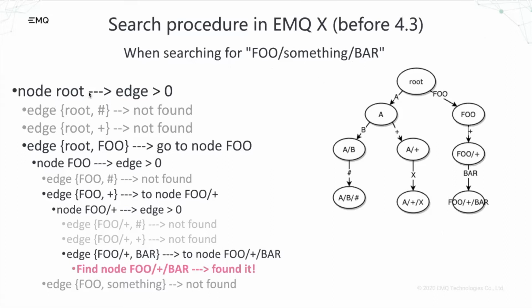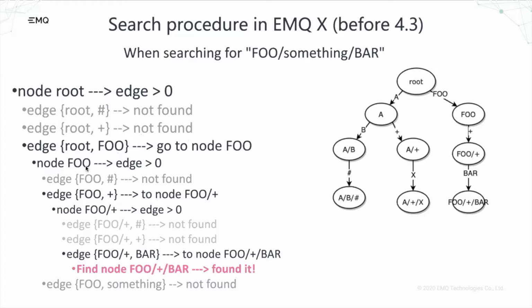First, it goes to the virtual root node, finding that there are more than 0 edges, so it can continue. It tries to match the hash topic, not found, and then plus, not found, and then it finds the foo node and goes to the right,